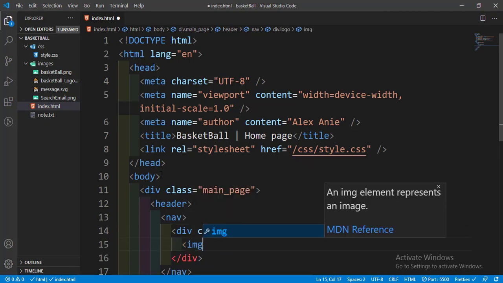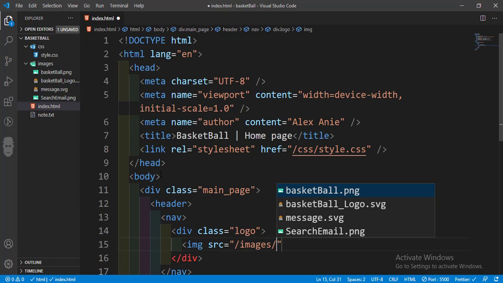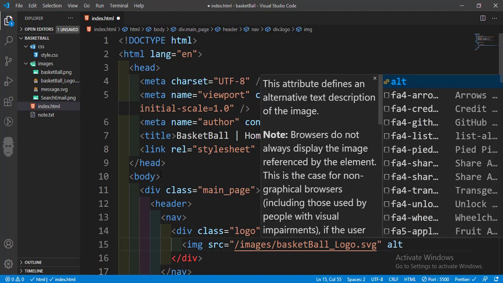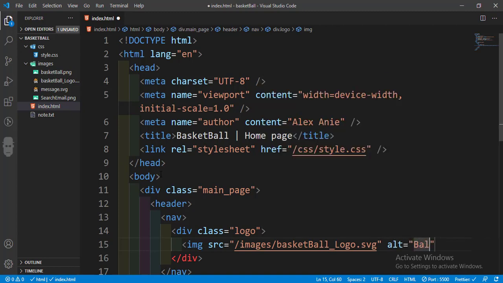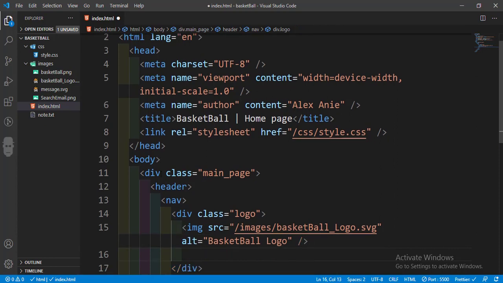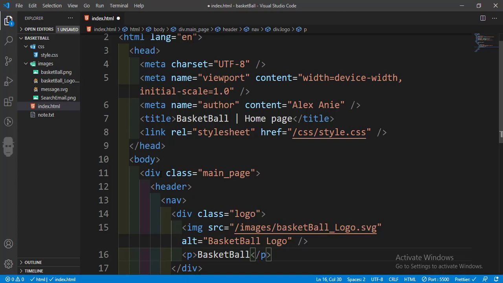I'm going to put an image here, with a source of images/basketball-logo.svg. I'm going to put an alt text and call it basketball logo, so the browser knows that this is the basketball logo. The next thing I'll put is a paragraph, and write basketball. This is going to be inside this div element. So when I scroll down,